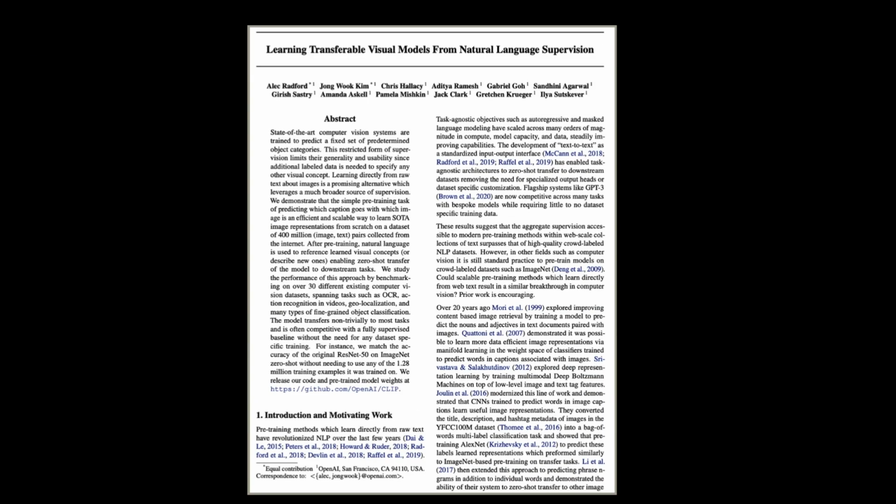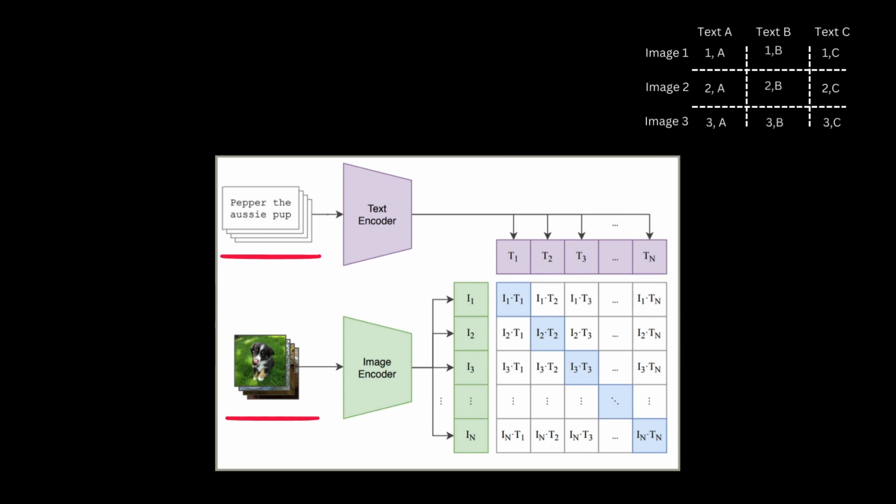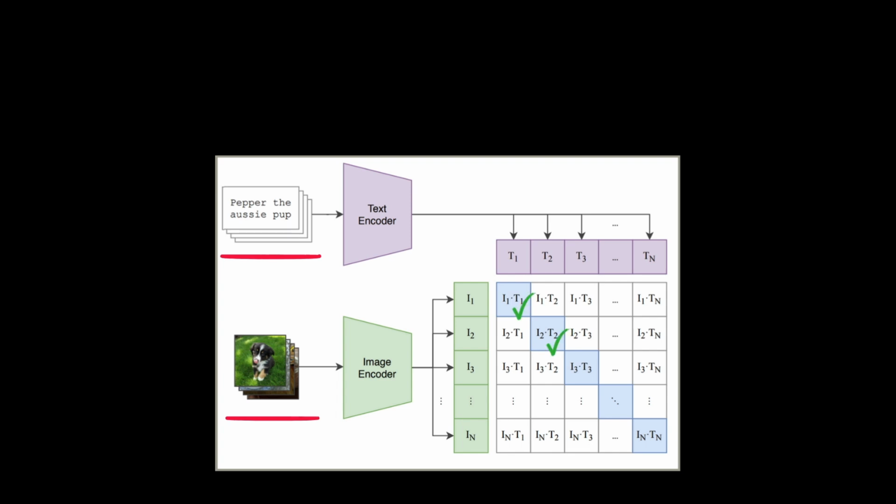You might already know about CLIP, but in case you don't, it's a model by OpenAI and is short for Contrastive Language Image Pre-training. And essentially the way it's trained is that we have a text and image encoder. These can either be trained from scratch or fine-tuned from existing pre-trained versions. Then given a dataset of image-text pairs, we take a batch of n such image-text pairs. This gives you n square all possible text-image pairings. And then we train the model to project the text and image representation onto a joint space, such as to maximize the cosine similarity between the text and image representations of the n actual matching pairs. And simultaneously for the n square minus n unmatched pairs of text and image representations, we train the model to